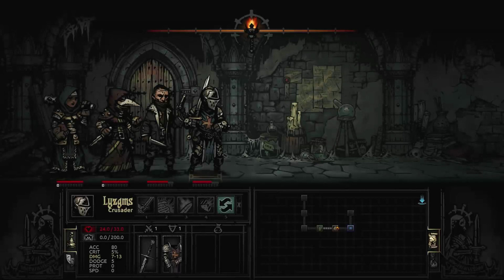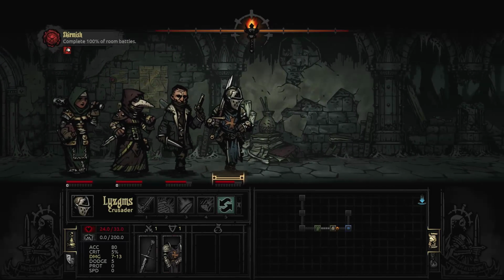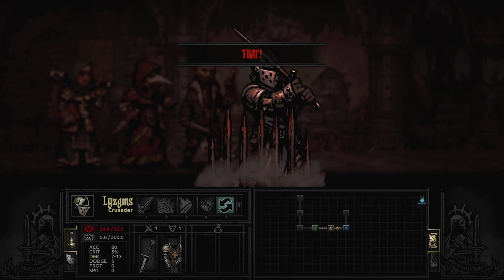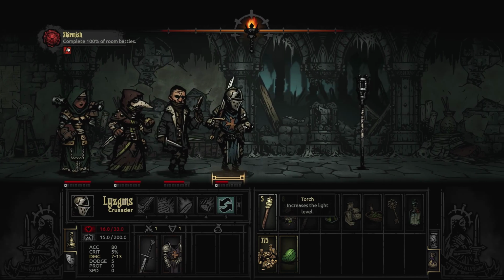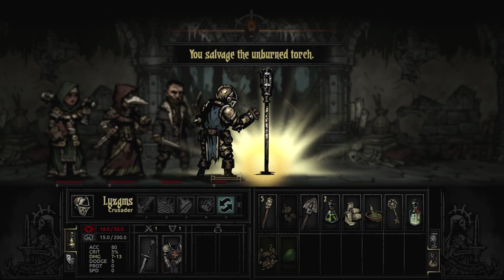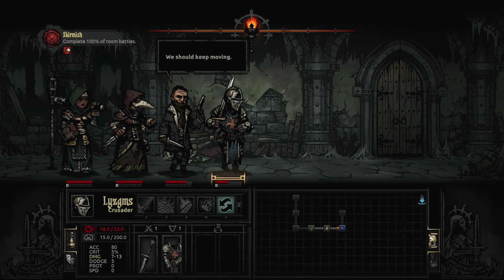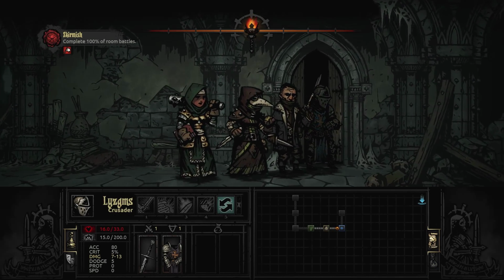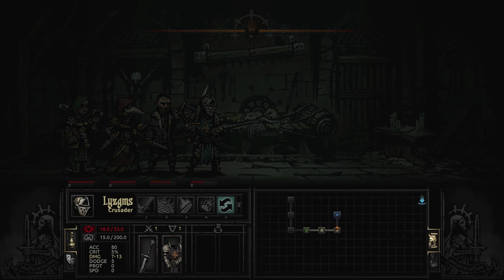Okay. Occasionally, as you guys can see down here, we may get scouting opportunities just based on the characters we have. Oh my god! We got tarped. That's not good. And let's go and get the torch here. We're just gonna burn that straight away. Hopefully we can get a good surprise on some enemies here. It's possible, it's not always what happens, unfortunately, but...